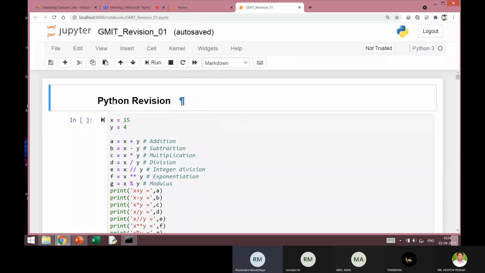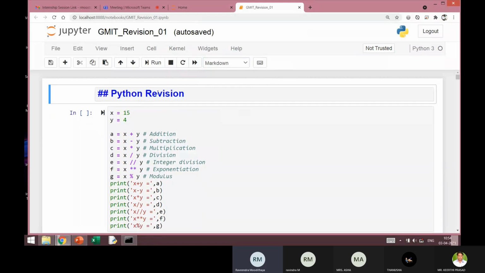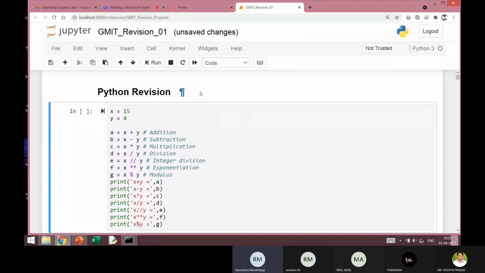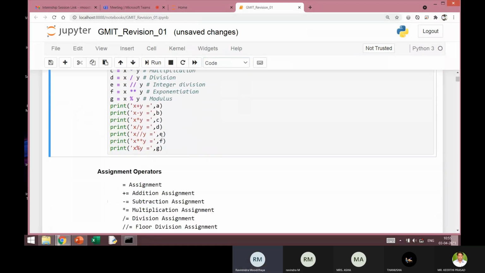I have modified this cell to be a markdown cell. Now, if it is a markdown cell, LaTeX syntax will be used here, and you can see that the actual text that I've typed is this. So use of this double hash in the beginning makes this a little bolder, and if I just execute this, it will be visible in this manner. So when I create a PDF file out of this web page, it will exactly look like this.